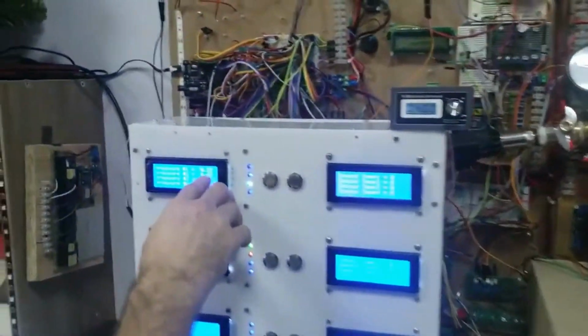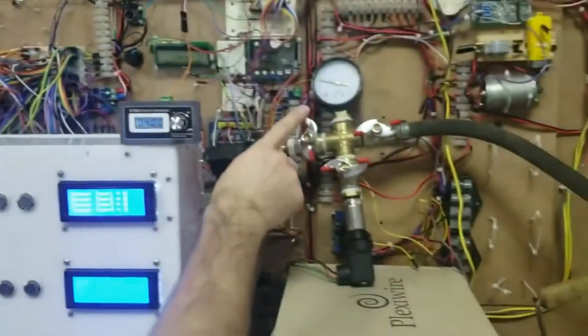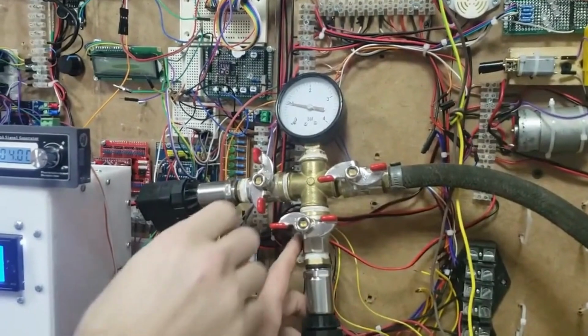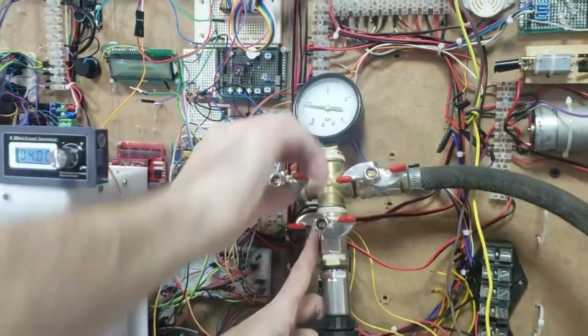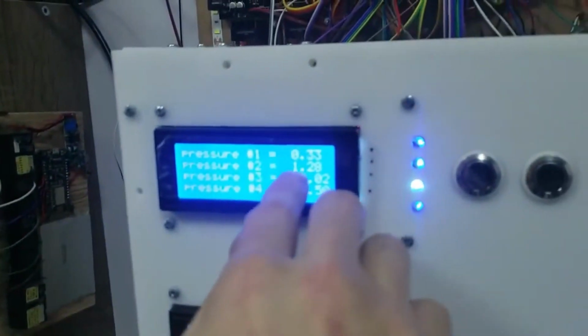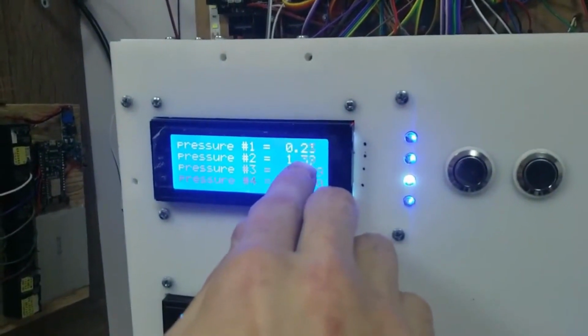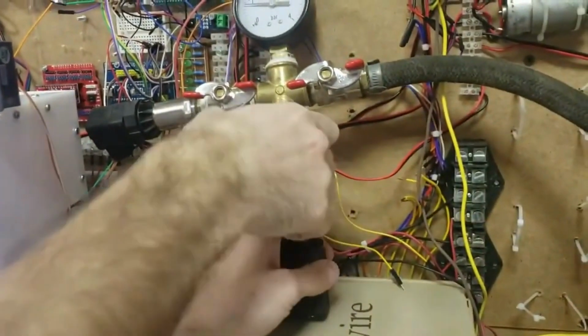Nothing is displayed on the sensors because the sensors are off. We turn on the sensors one by one. The first sensor. Here we have a reading of 1.7. We turn on the second one. The sensor,